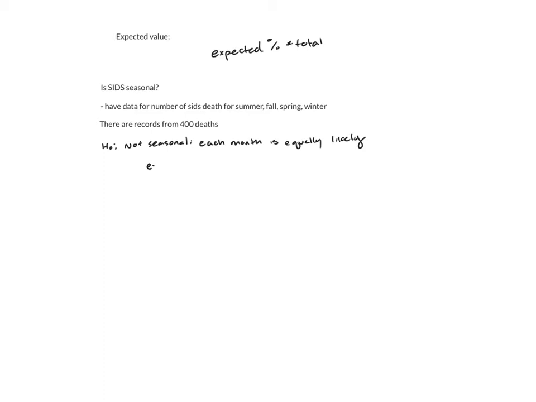And so I'm going to go ahead and put together an expected column. Well, I know right off the bat that I have 4 categories here, and that is I have summer, spring, fall, and winter. And now if I have 400 total deaths, and I know each month is equally likely, then I would expect these deaths to be evenly split over these 4 seasons, which means, in reality, if I have 400 deaths, I would expect about 100 in the summer, 100 in the spring, 100 in the fall, and 100